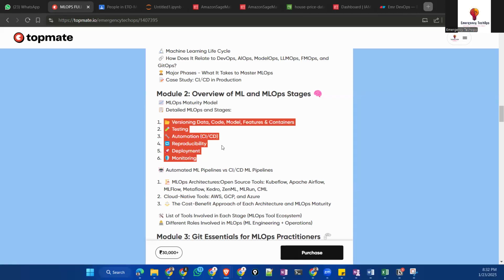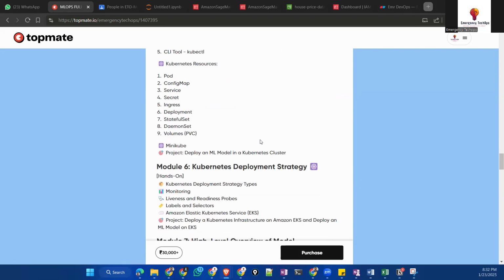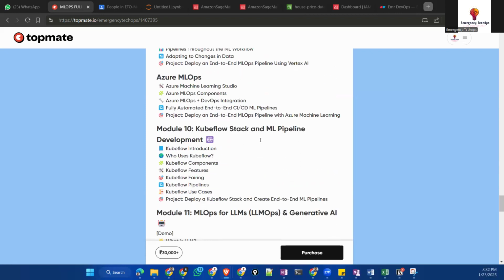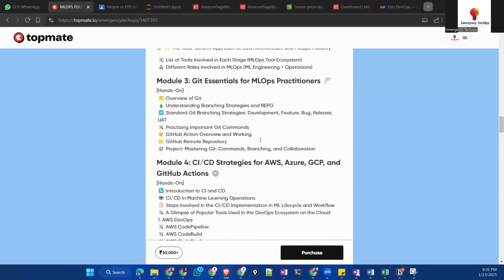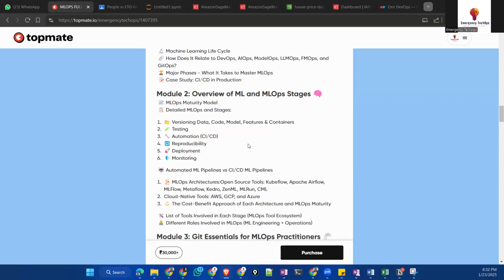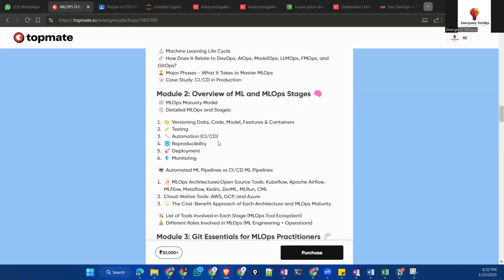Okay. So we are going to see all this together in our coming modules. Everything is going to be in our coming modules. You can see very clearly. Now let's focus on starting the subject. To automate an ML pipeline versus a CI/CD ML pipeline, I need to know some of the basics.